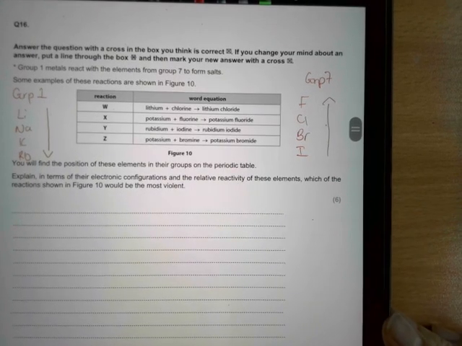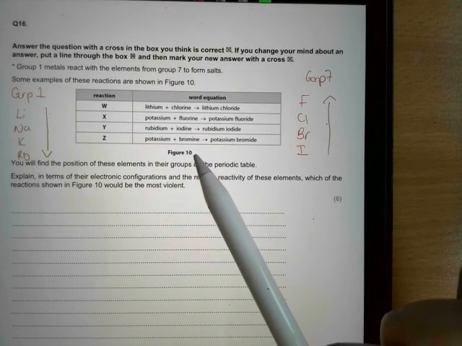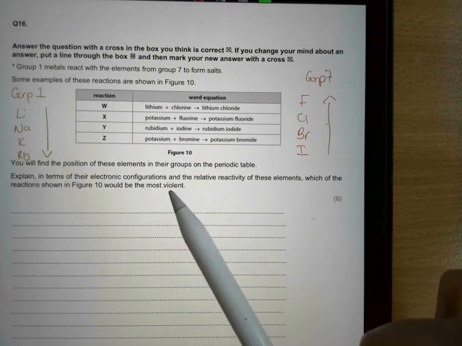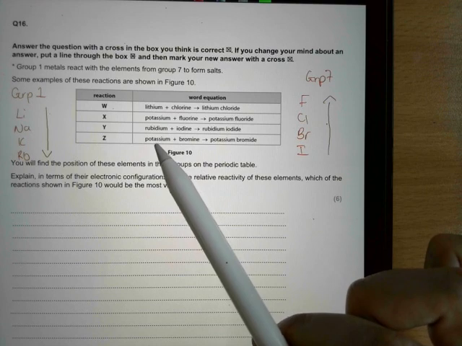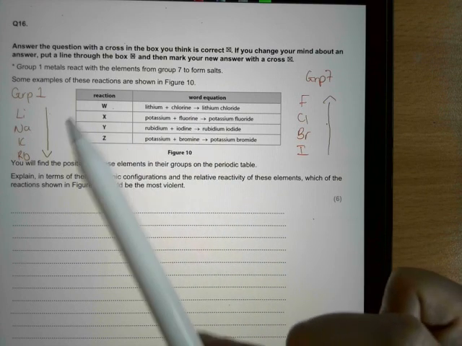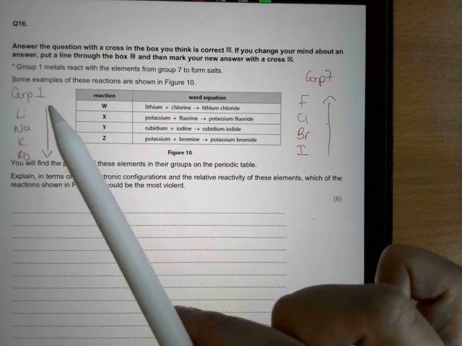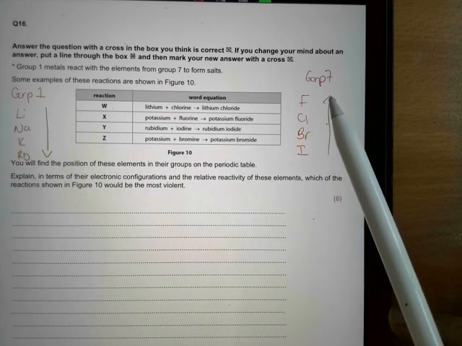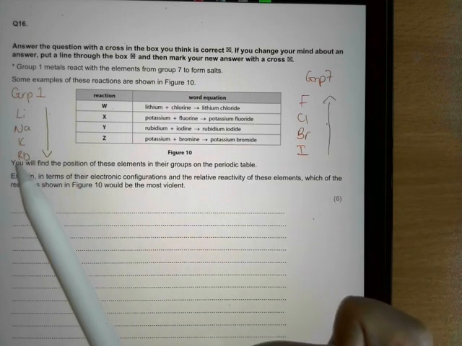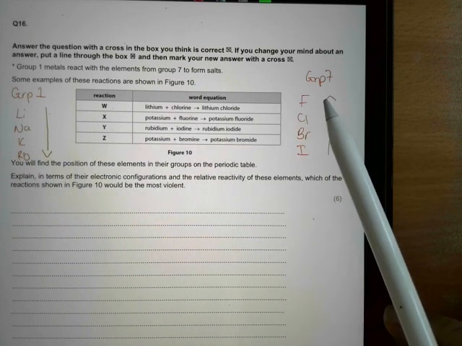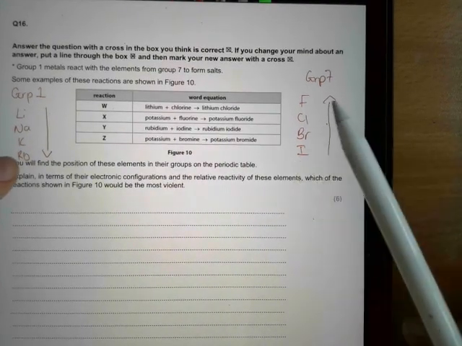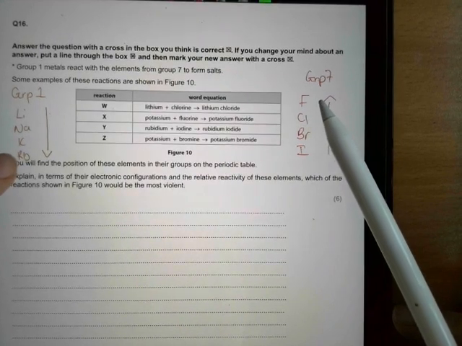Question 16. So you're given 4 different reactions and you're asked to comment which would be the most violent of the reactions. So in each case you've got a group 1 metal reacting with a group 7 non-metal. To remind you, group 1 metals get more reactive going down the group, whereas with group 7 they're more reactive going up the group. So rubidium is the most reactive group 1 and fluorine is the most reactive group 7. So when you're looking at these, you want something from the bottom of group 1 and from the top of group 7. So if I look at the first reaction, I've got lithium, which is the least reactive, and chlorine,